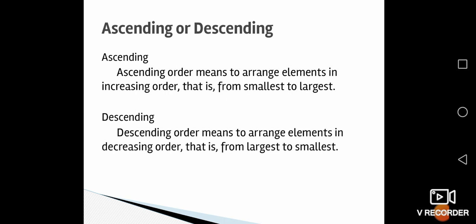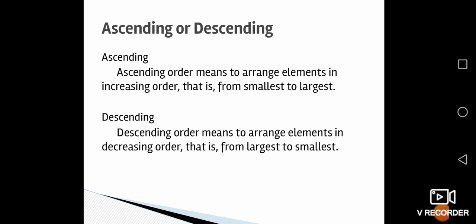Ascending or descending. What is ascending and what is descending is what we are going to see first. Ascending means arranging the data in increasing order. Imagine a supermarket where all the items that are available there are stored in a computer. Mostly it will be stored in ascending order, that is from A to Z, so that it will be easier to find things.